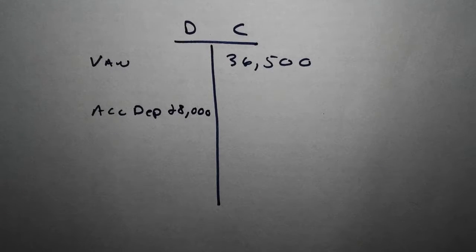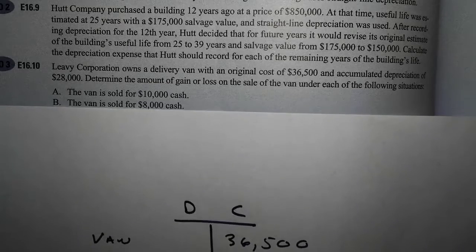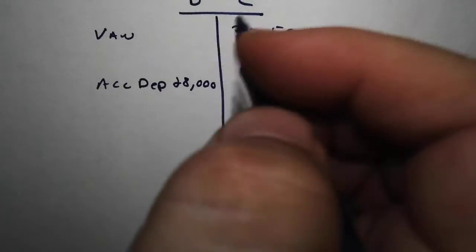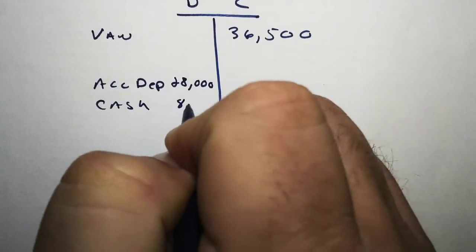We've gotten rid of the old asset off of our books, and now we get to what did we receive in return, and then ultimately finding out whether we gained or lost. So in this situation, we didn't receive $10,000 cash. We only received $8,000 cash, and you could probably already predict what's going to happen. We're going to debit cash for 8,000,